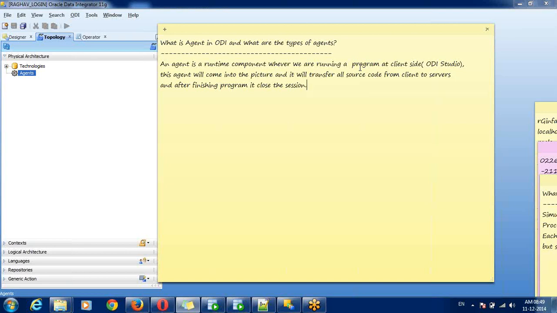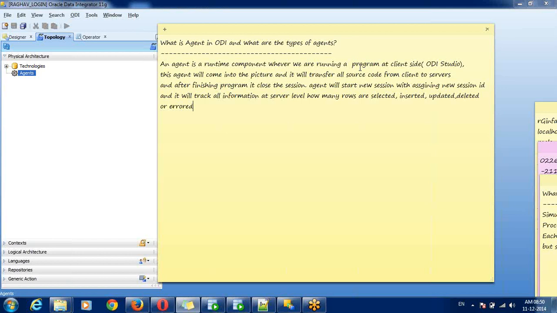That is, the agent will start a new session by assigning a new session ID, and it will track all information at the server level: how many rows are selected, inserted, updated, deleted, or errored, and how much time it took for the entire process.